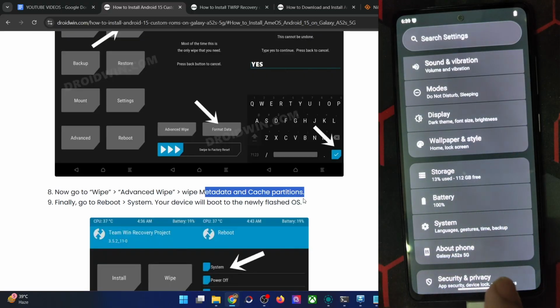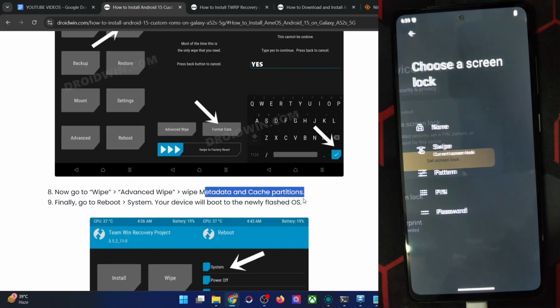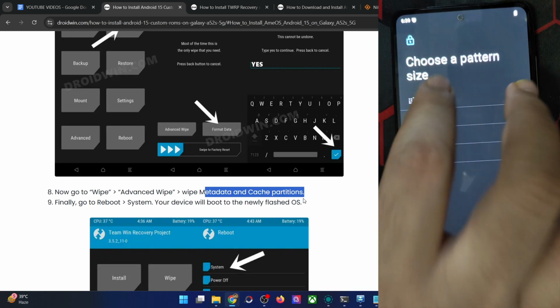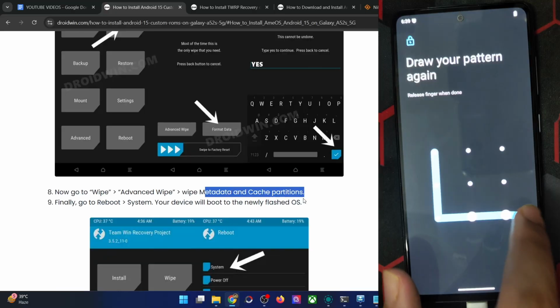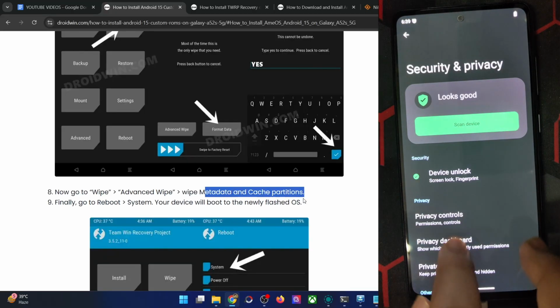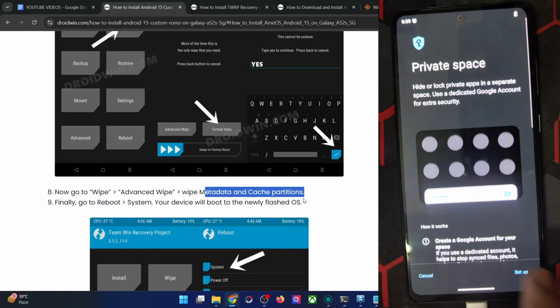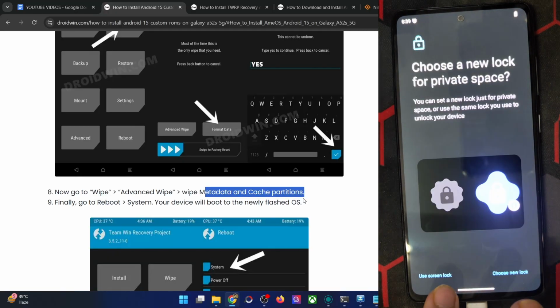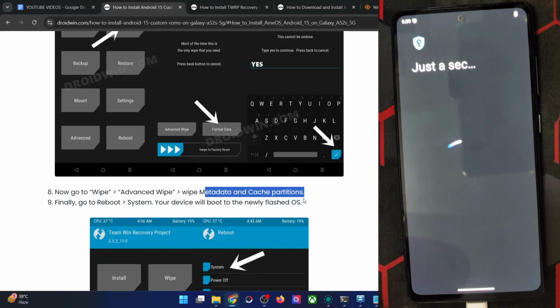So let's first have a look at the private space. Using this, you could lock all your apps over there. First, you have to set a screen lock. You must set any lock of your choice. I am using a 3x3 pattern, which is quite easy and it's not recommended. Now you may go to private space and choose a lock of your choice. You may choose the same lock screen or choose a new one. As of now, I'm using the same lock to save some time, but again, it's not recommended.